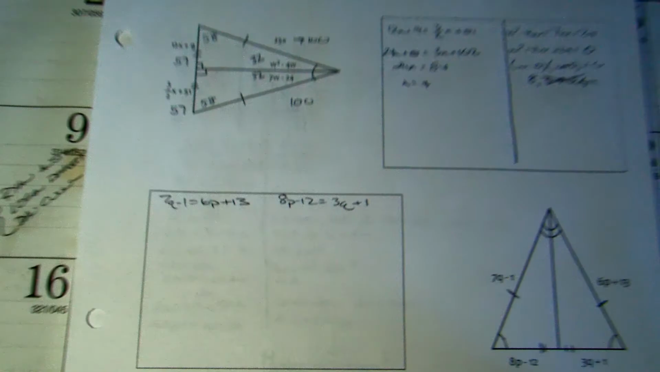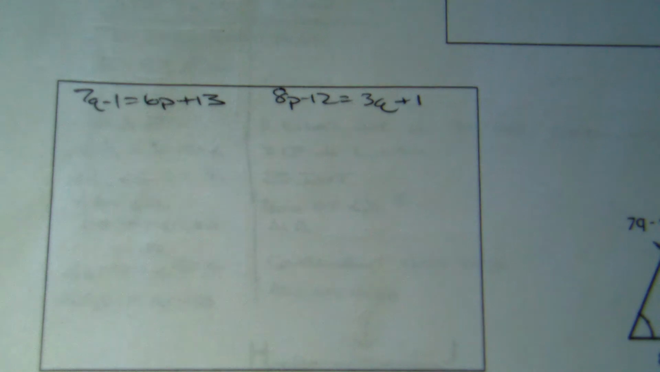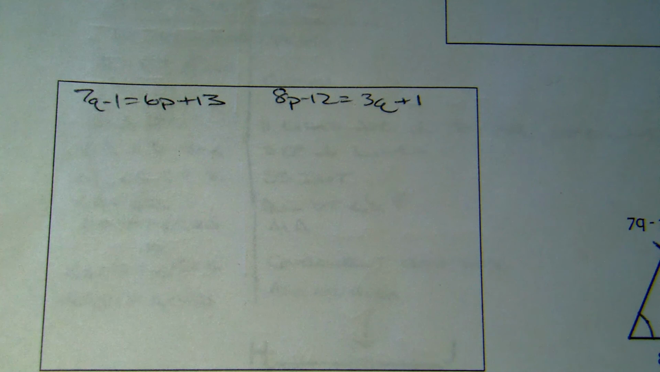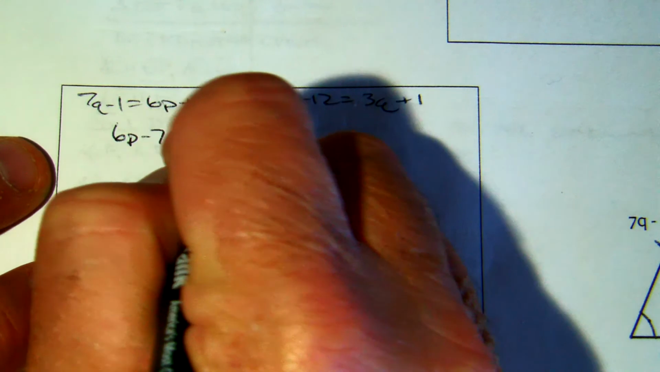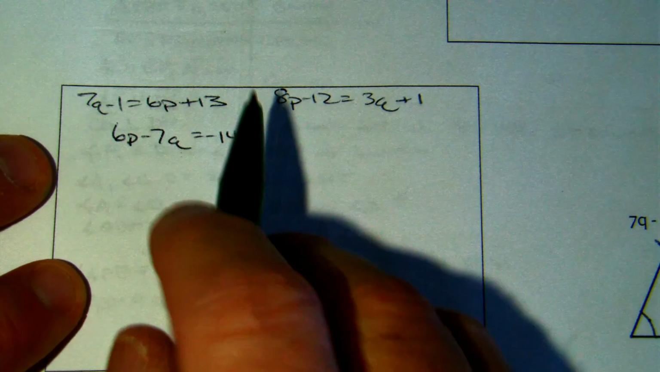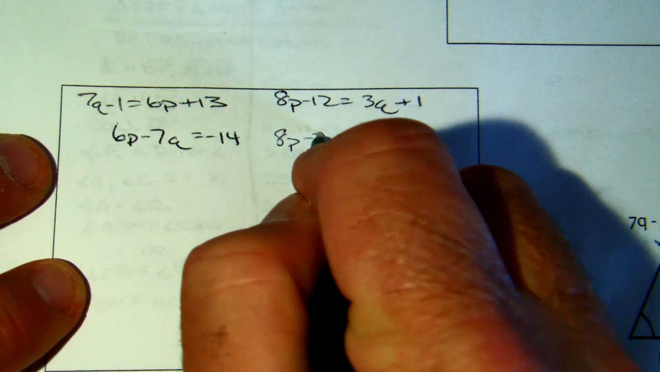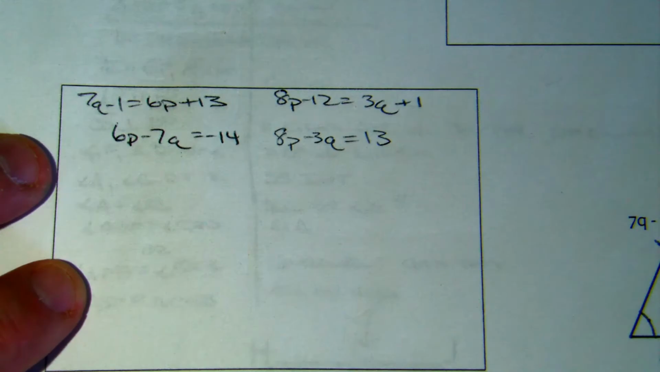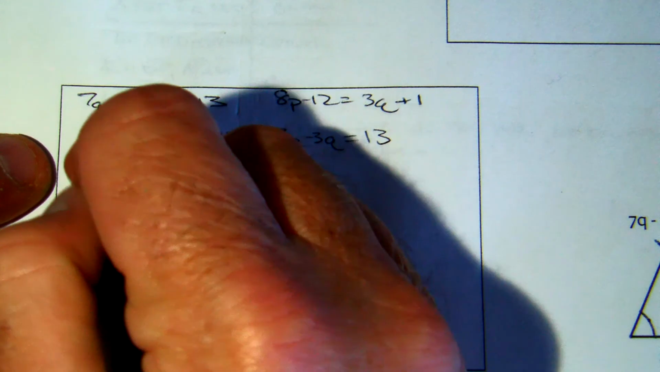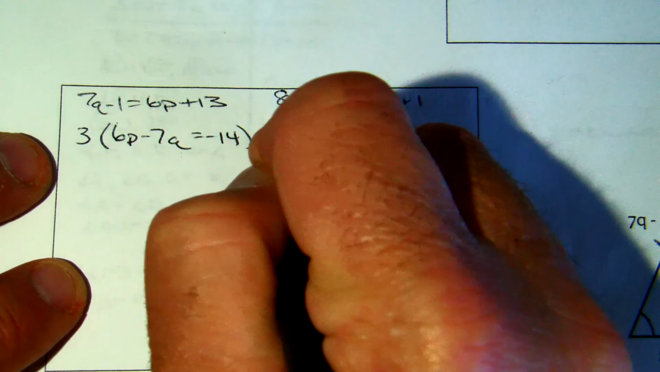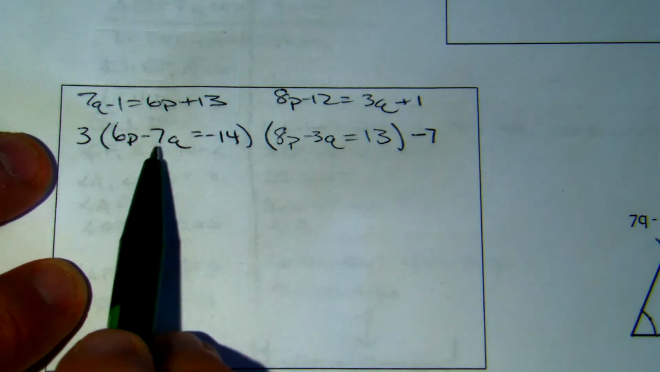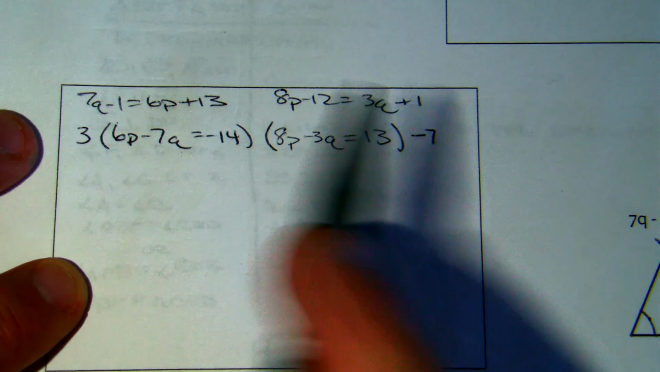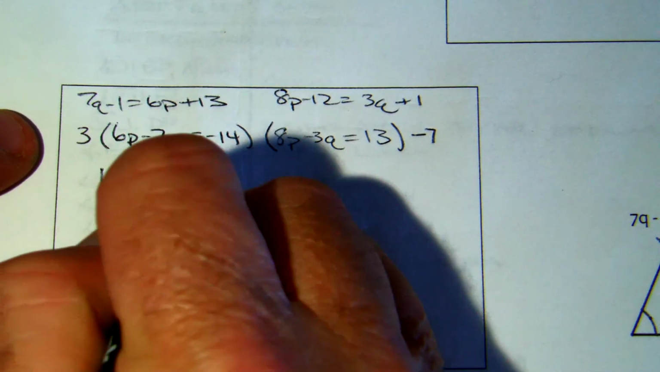Now we can use any method we want to solve, but nothing seems to be giving me a variable with a coefficient of 1, so I'm going to use elimination. I'm going to get 6p minus 7q equals negative 14 for that, and then 8p minus 3q equals positive 13 when I get that one in standard form. I'm going to take that equation and multiply it by 3, and that equation multiplied by negative 7. That will give me a negative 21q there and a positive 21q there, which when I put them above and below each other,